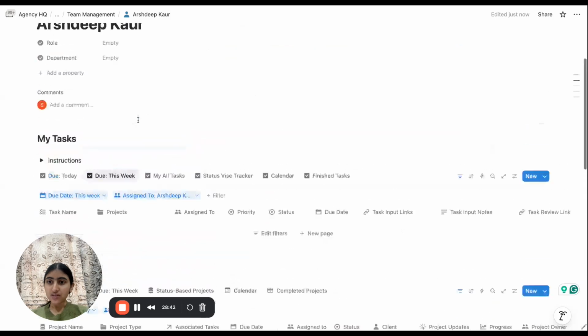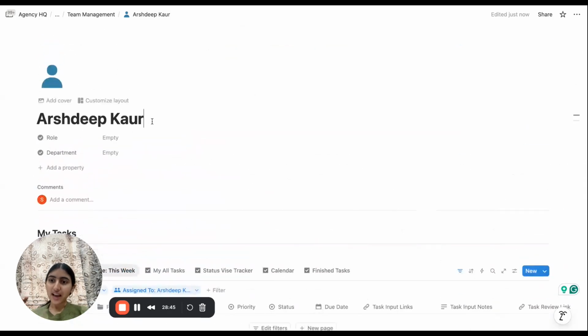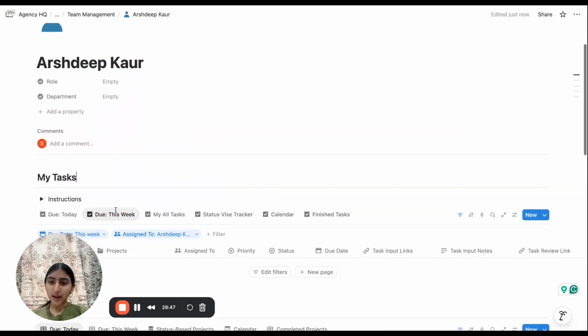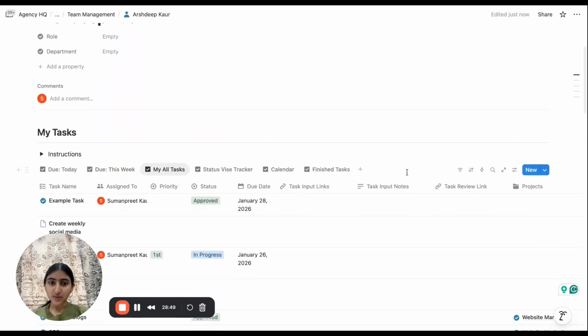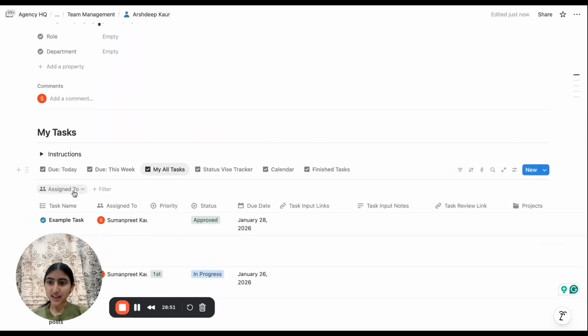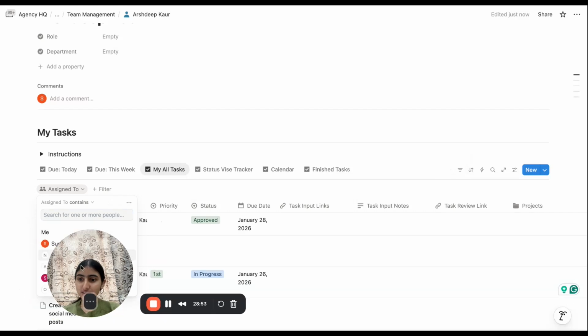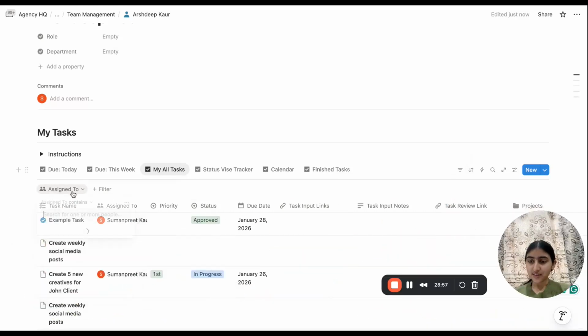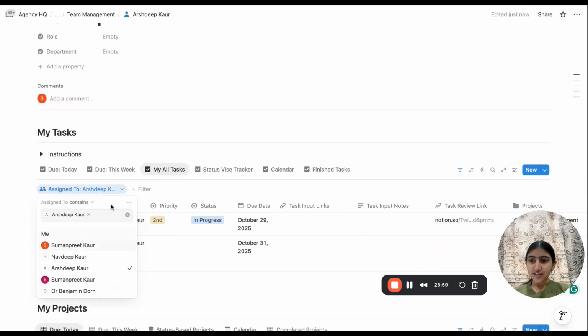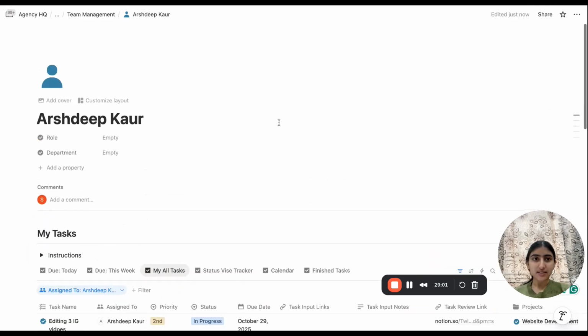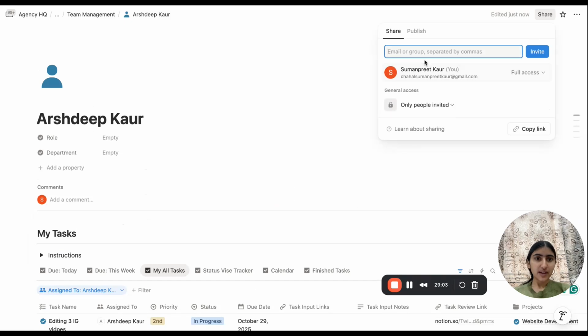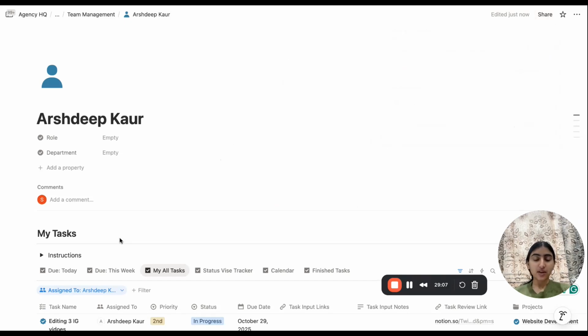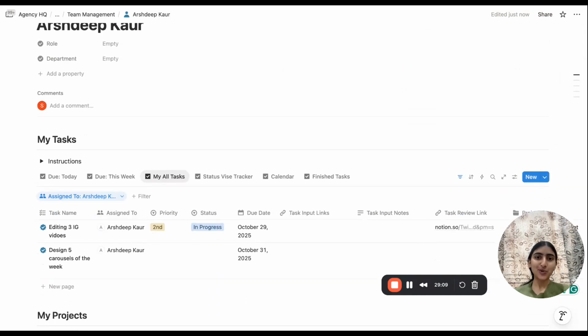That's how, just by clicking on a new page, adding the name, and then applying the filter, assigned to, you can assign that person and then share it with that team member. Go to this share, enter their email here, and invite them. Then you and your team both are good to go.